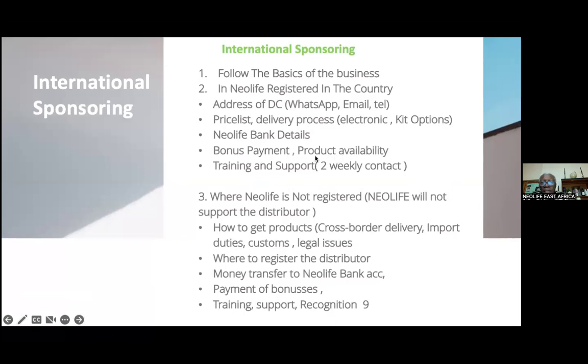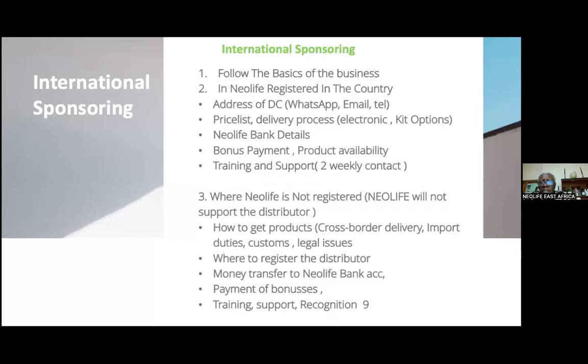You need to know that if you're sponsoring somebody in a different market where you're not, you need to tell your new distributor as soon as they register, they need to send their bank details to the company, so that when they start earning a bonus or commission, the company can pay the money either into their account or into their mobile account, if in the country where they do business there's mobile money.